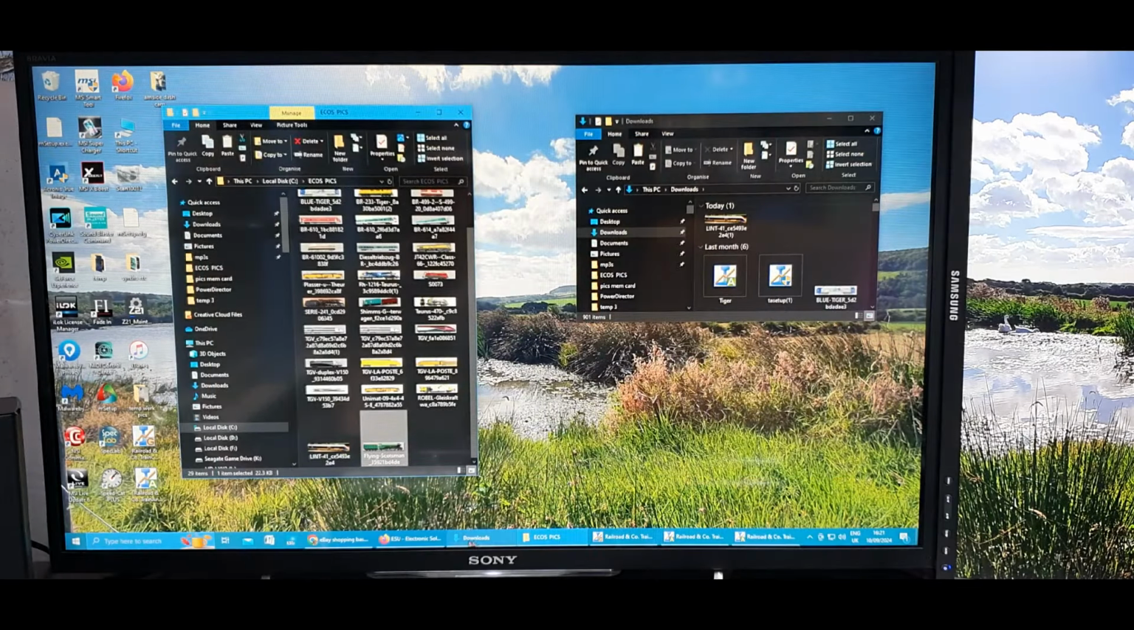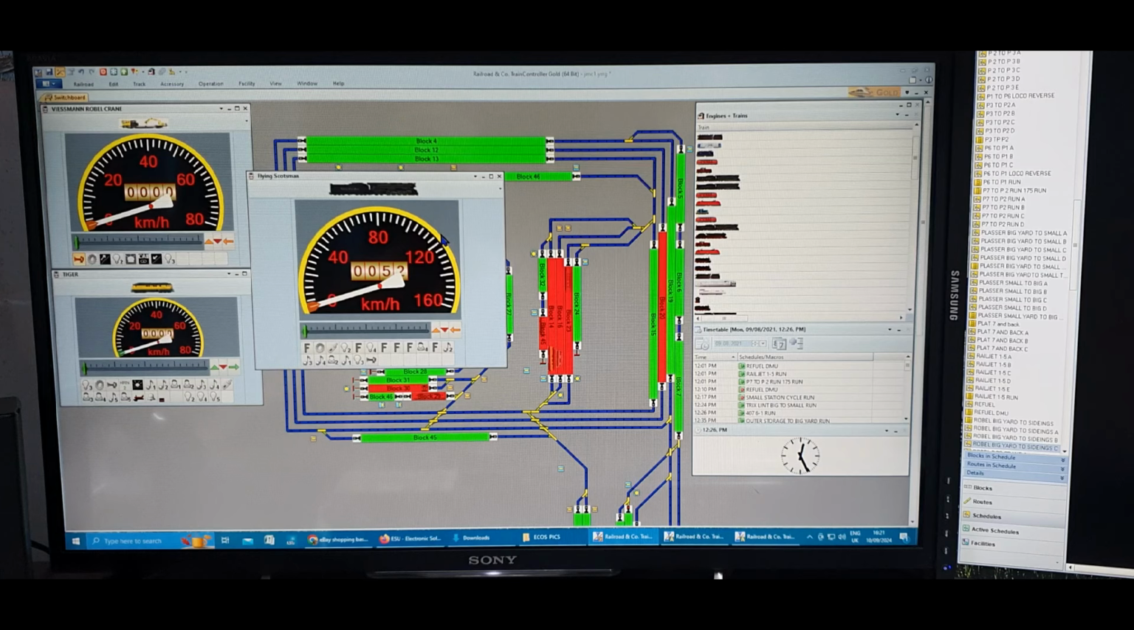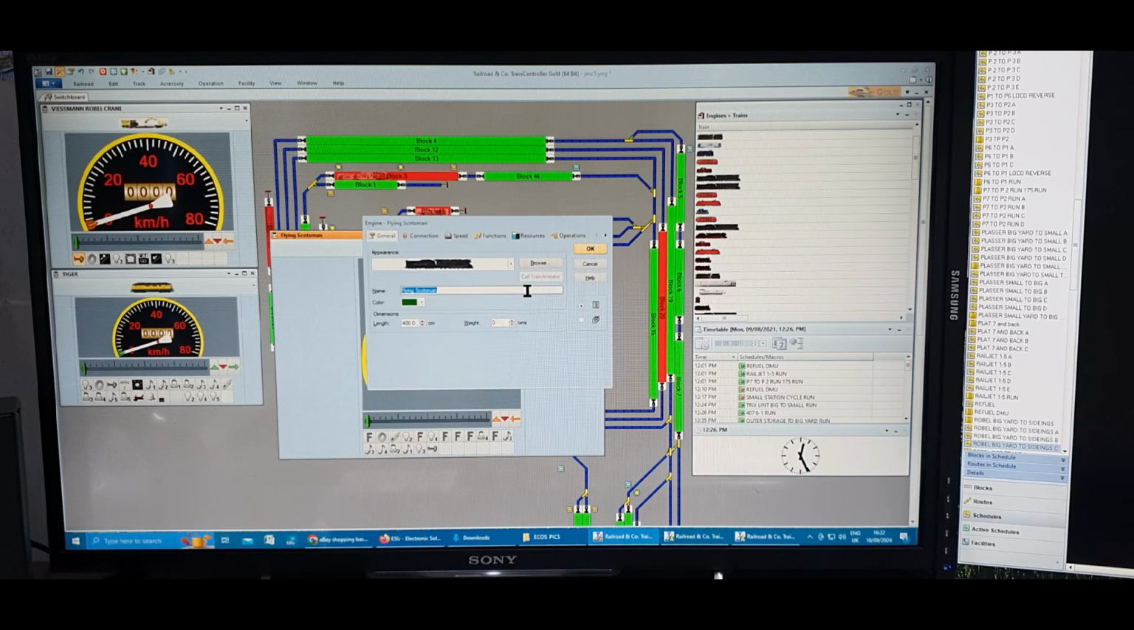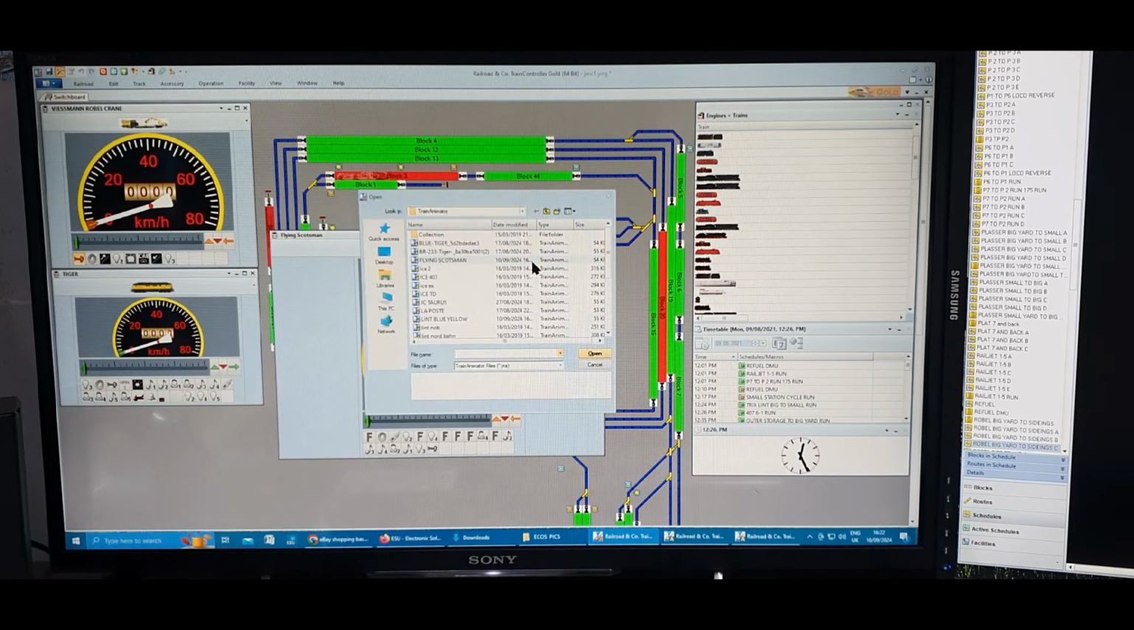Go back into Train Controller. All we do then is go to edit mode, right click on the cab that you want to change the picture of, go to properties, go to general, and then you can see the picture there of the American logo. I want to change that to Flying Scotsman, so go browse, look in a database for